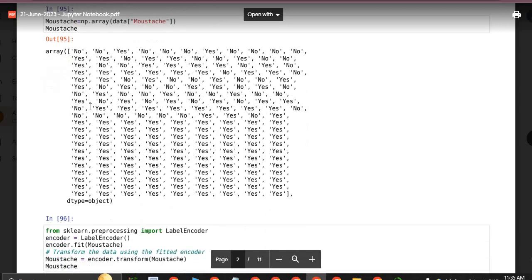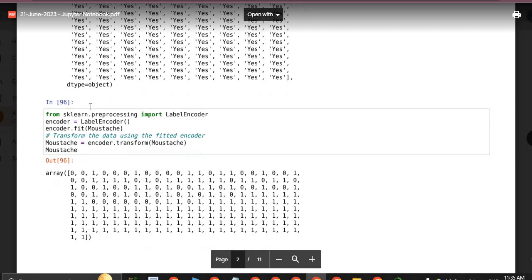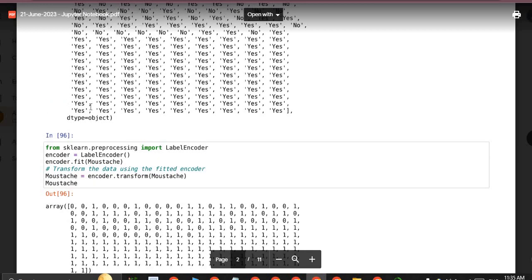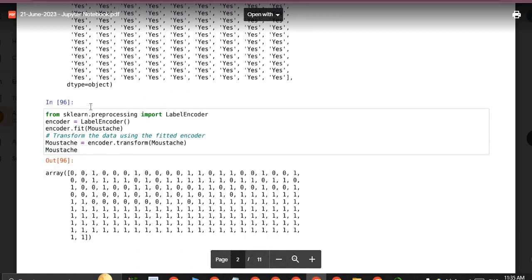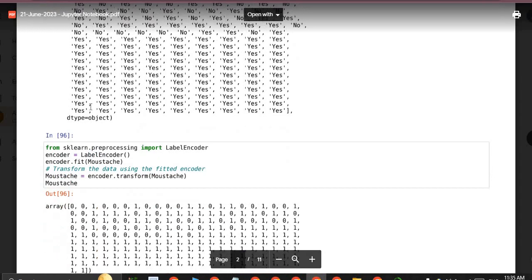There are two types of data in mustache. It is string data, so we will encode it and convert it into numbers. 0 will represent no and 1 will represent yes.